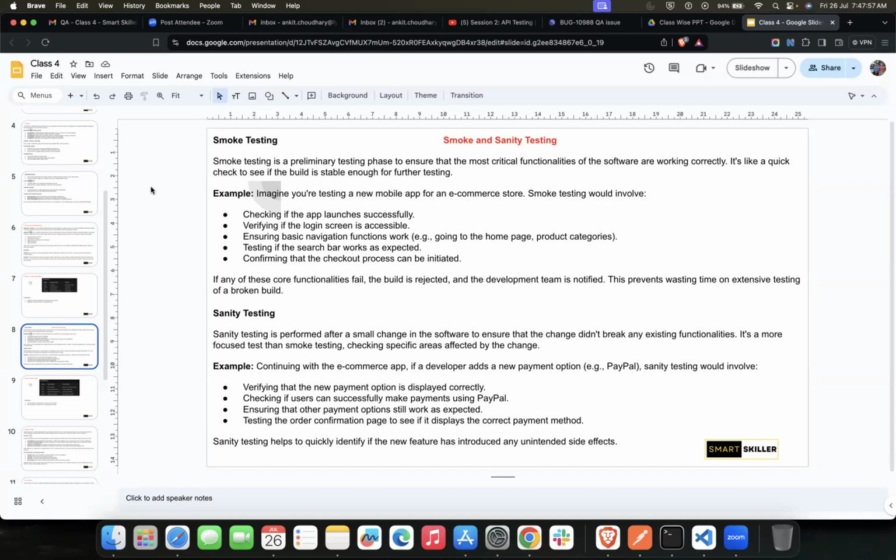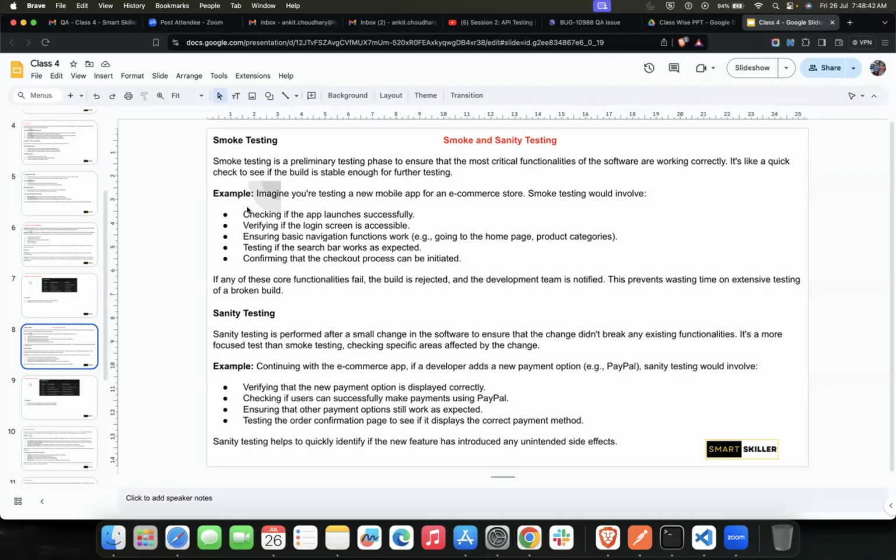So in order to verify that the important and critical functionalities that have been developed previously are already working, and we have already validated those functionalities in earlier releases. But as I told you, whenever there is an addition of new code, there is a possibility that the existing functionality might break. Just to prevent that, we do the smoke testing, just to check whether the build or the software is in a testable state or not. Are we clear about smoke testing? Yes.